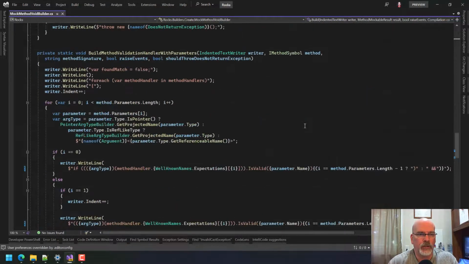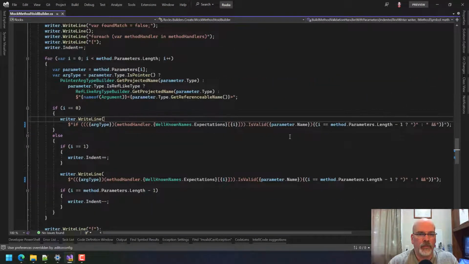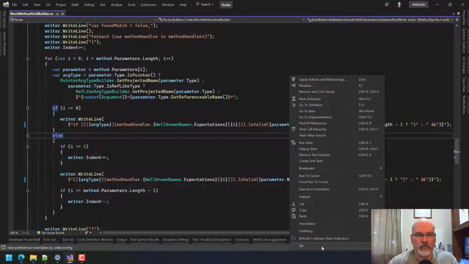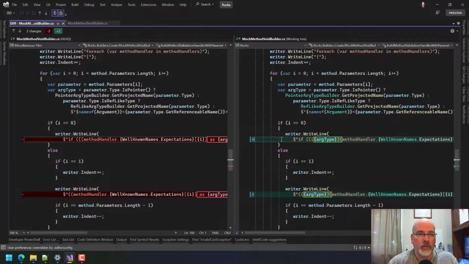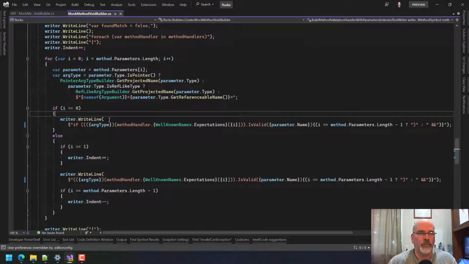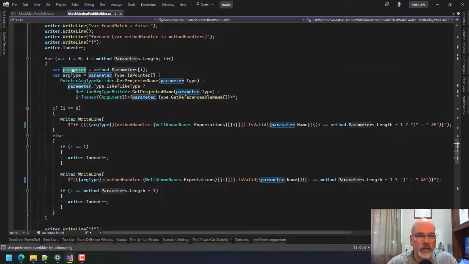We come down here, and what we want to say is compare with unmodified, because we want to grab the code that currently was there and put it in here. So if we say the parameter, right? Yeah, okay.